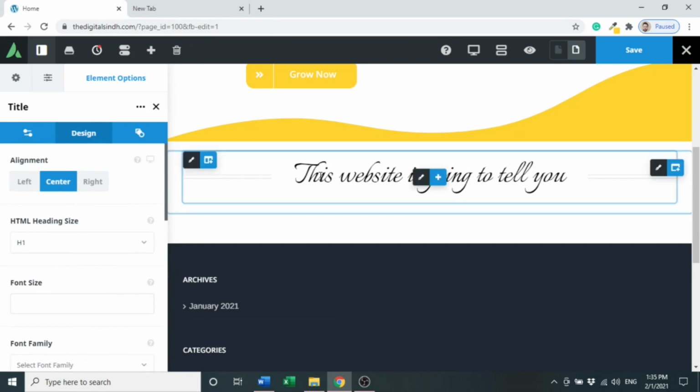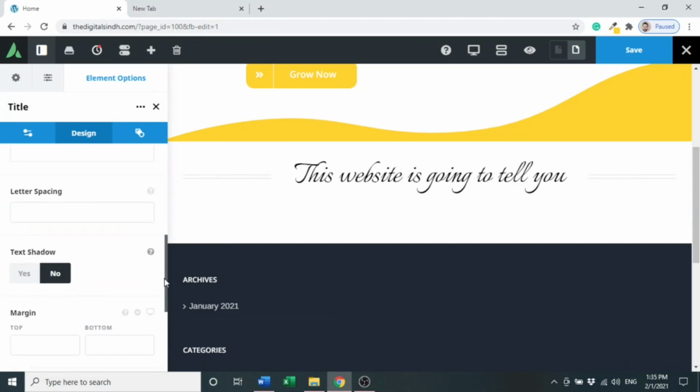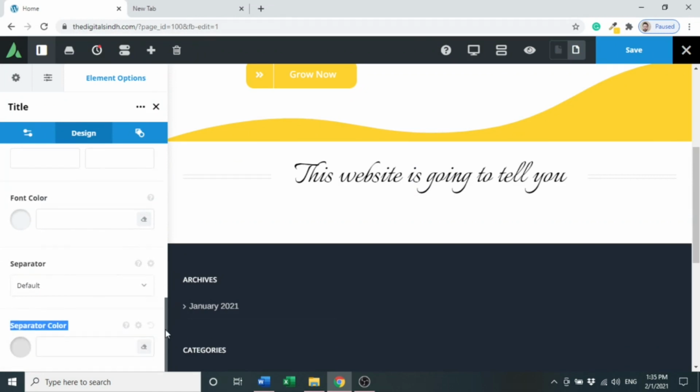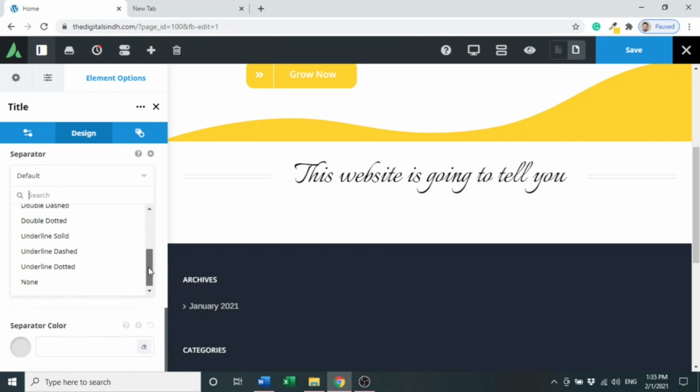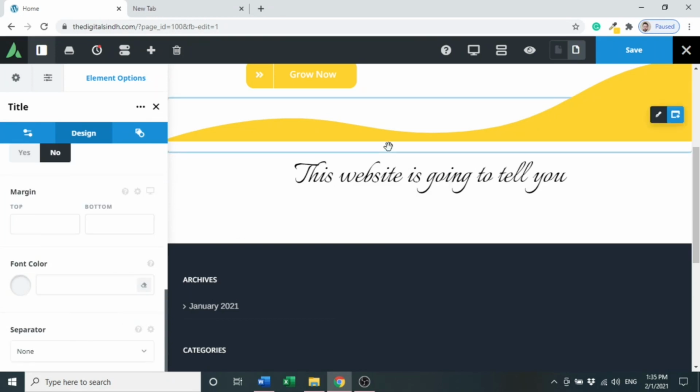As you can see, at both ends, at the right hand side and the left hand side of the text, you can see two simple lines, two double lines are there. So these are by default with the title section in the Avada theme. So let's remove it first. Come to the bottom of the design tab. Here you can see a separator. Click here, and when you come down, choose none. There you can see both lines are removed. Click save,